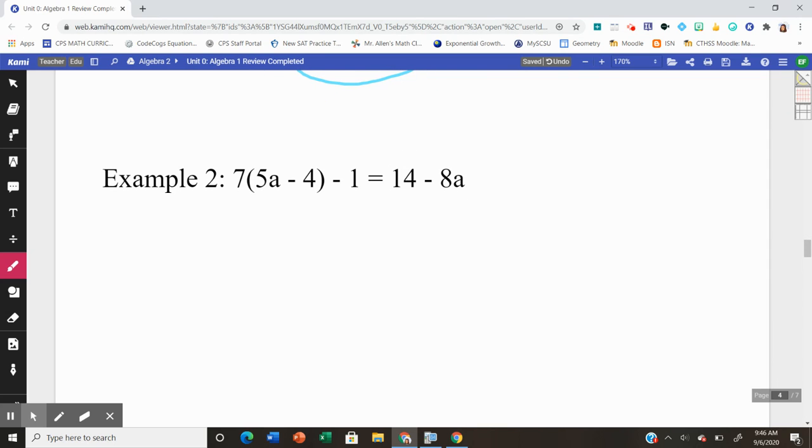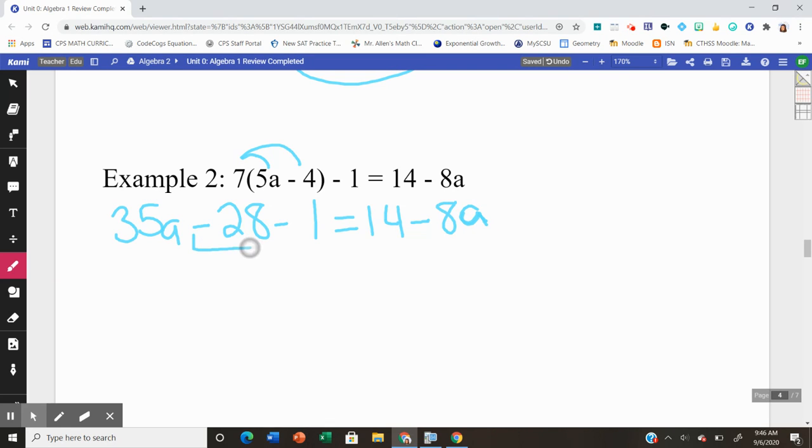Moving down to our second example, we see we have some distributive property that we're going to have to use first. So 7 times 5a is 35a. 7 times negative 4 is going to give me negative 28. Bring down everything else. Subtract 1 equals 14 minus 8a. From here, I do have some like terms that I will combine on my left-hand side, since these are on the same side. I'm just combining them. So that's negative 29